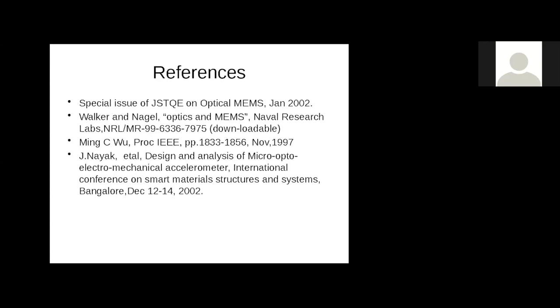So I hope once again, like yesterday, I would suggest you become members of the IEEE Photonics Society to get all this information. In fact, if you are interested in sensors, there is what is called a Sensors Council. That is almost like a society, but you need not join that separately. If you are a photonics member, you are automatically a member of sensors. Similarly, there is a Sensor Systems Council. A lot of things are available.